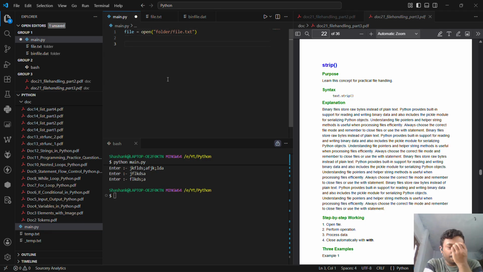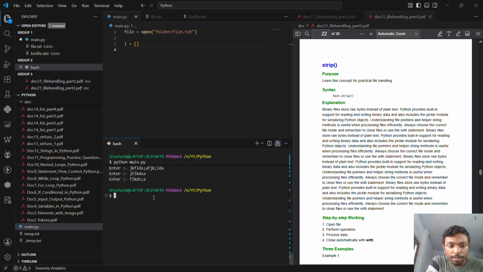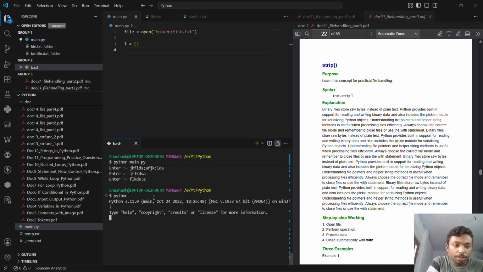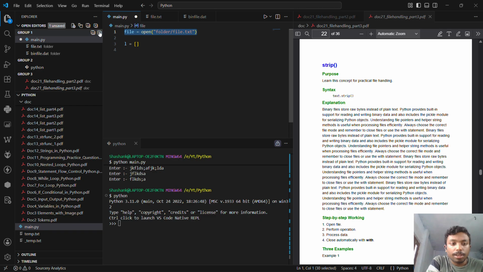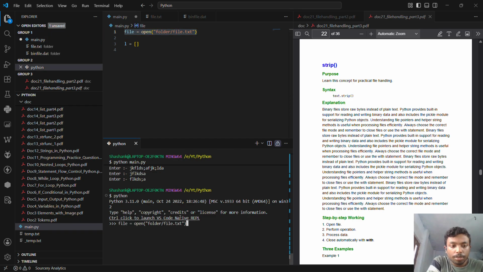Okay, this is in read mode, and now after this, what we are going to do is read a line. So let's create an L equals to this. Let's do this thing in the terminal. It will be more explainable. Now if I run file equals to open, and after this, if I write file dot readline,